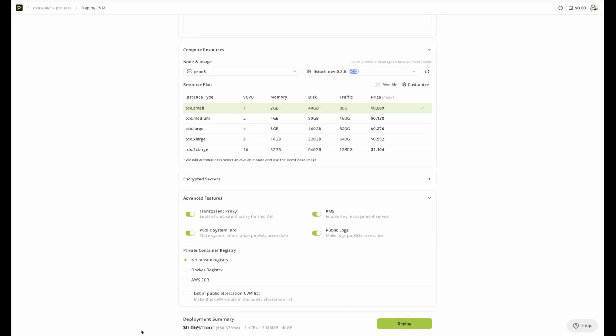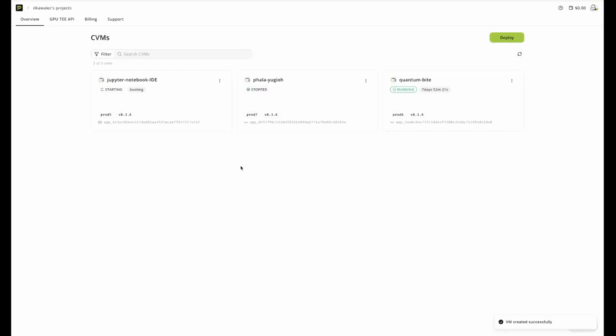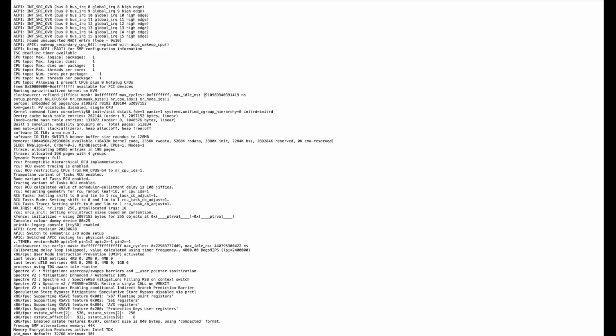So we're going to deploy the cheaper one, and we're going to deploy now. Without all of that, this would have just taken a few seconds. But I figured I'd explain some of this because as it's starting, you can see what I mean. Here are the logs that are going to be available for the public to see, but you can see that it's basically mounting, and it's going to launch various services that the core of dstack offers. That's going to be the virtual machine, the core VMM that's running the actual monitor. So that's how we can see the